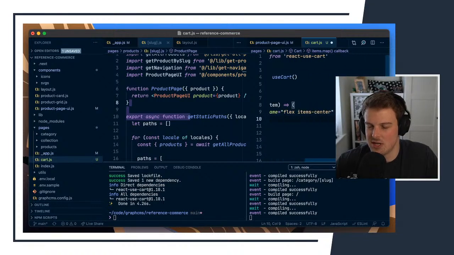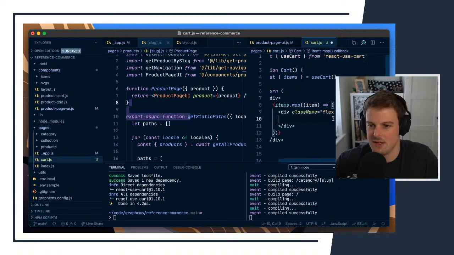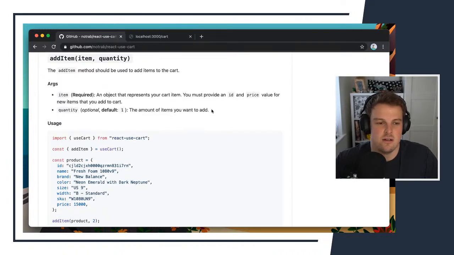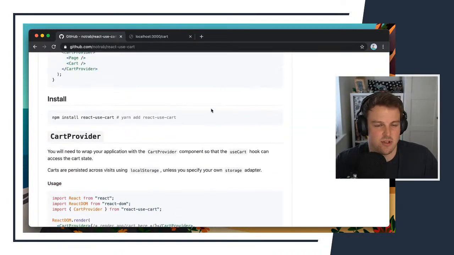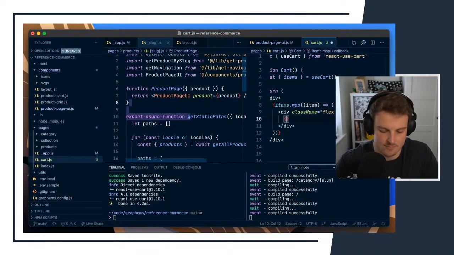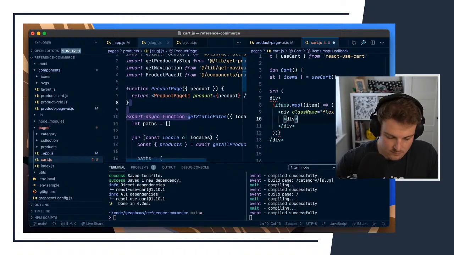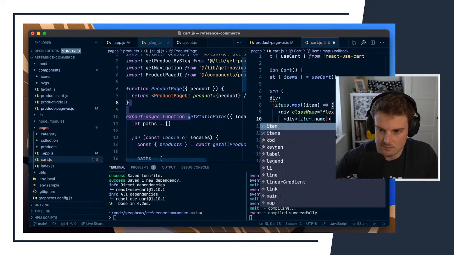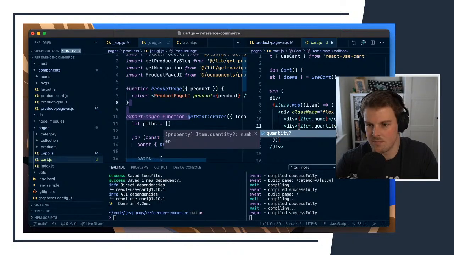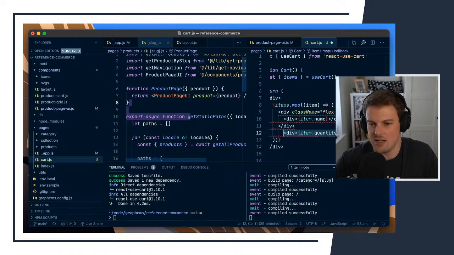Yeah, so for each item in our cart, what would you expect to see in a cart? What's an example of a good shopping cart? You're gonna want to see the product name. Why are my divs not auto-closing? It's really annoying. You want to see the name, you want to see the quantity, price,